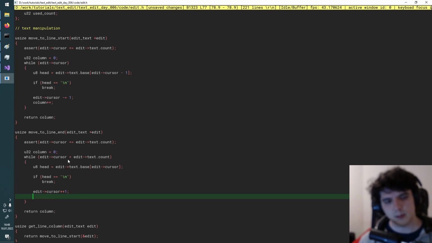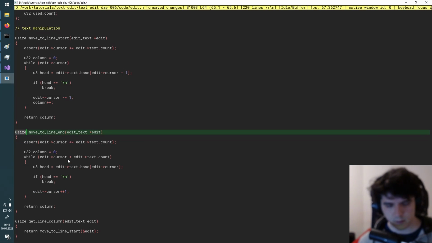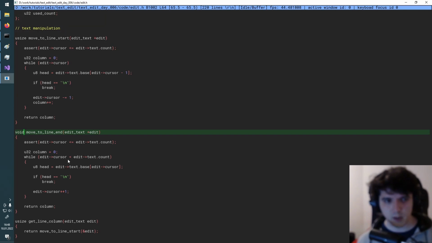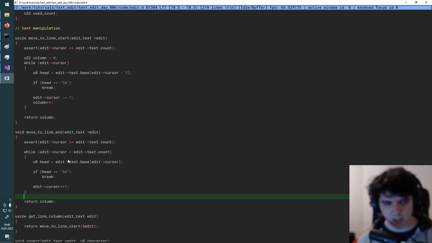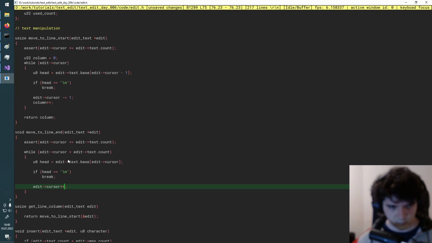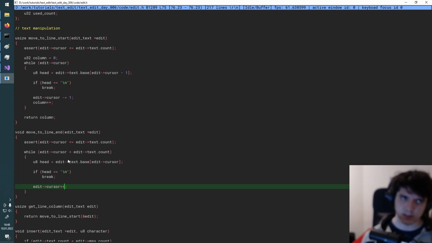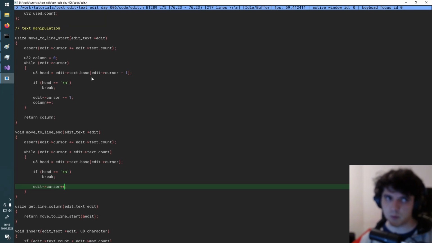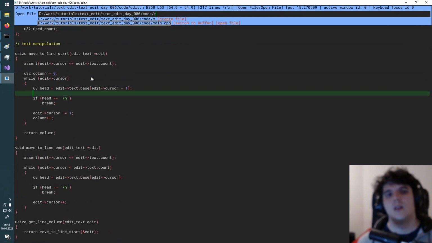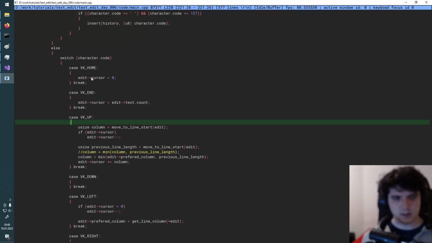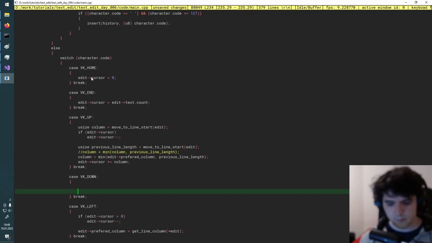advance the cursor, and the column is something we do not calculate in this case, since we do not know how far we are from the beginning of the line. We cannot really say at which column we end. So this puts us at the end of the line at the new line character. So you would still have to manually skip that, which is essentially the same behavior as with move to the lines. Yeah, so we say, oh, that's say